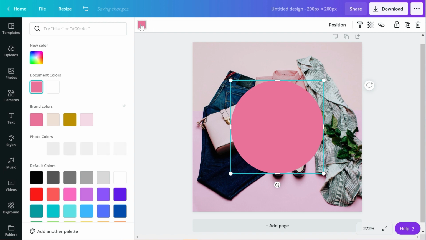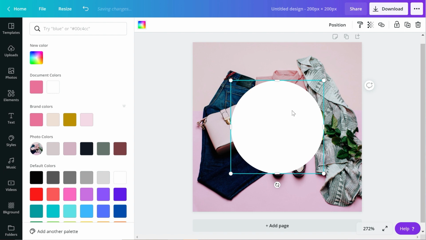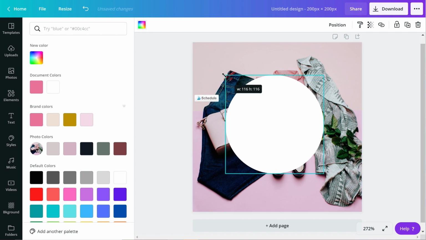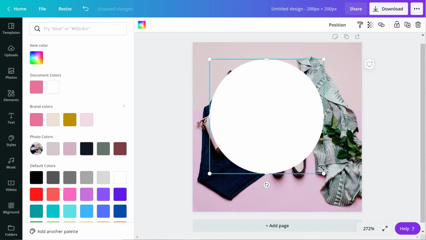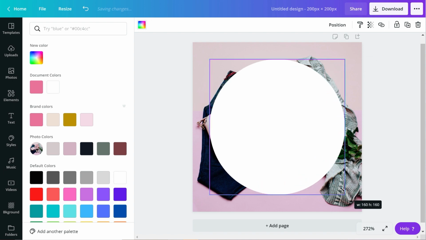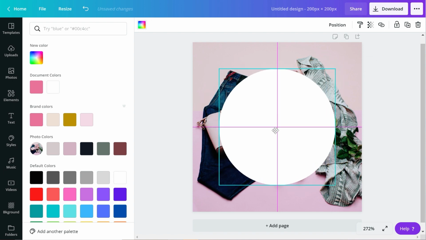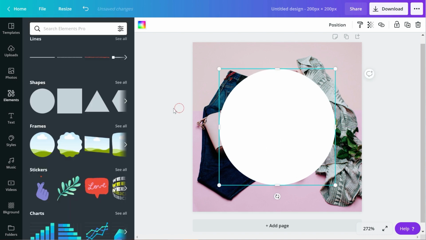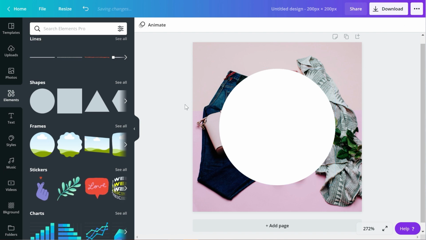So we just click up in this corner here on the color, and I can click on white so that it will turn the circle white. And I'm going to make this a little bigger. So I'm just taking the corners here, dragging it to the size that I want, and then just drag it and it can center it just like that. As you can see, those little lines are showing up, which means it is centered. Next thing we're going to add is the text.